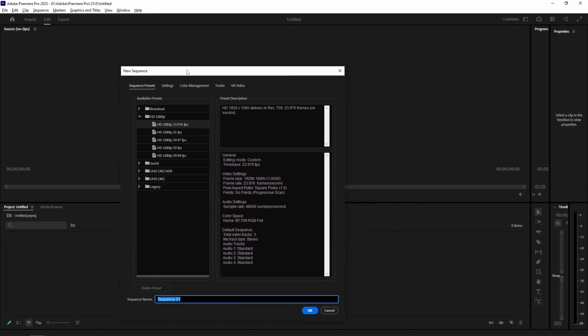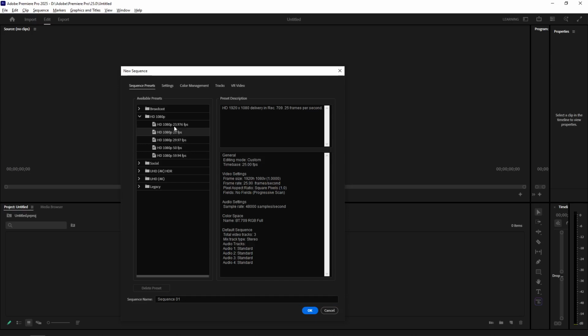to match your footage. In this dialog box, you'll initially see the Sequence Preset tab. Here, Adobe Premiere Pro offers a selection of presets that are designed to fit different types of footage seamlessly. For instance, if you know the specifics of your source material, like the frame size, frame rate, and codec, you can easily select a preset that mirrors these details. Utilizing these presets can save you time and ensure that your sequence is aligned perfectly with your footage from the